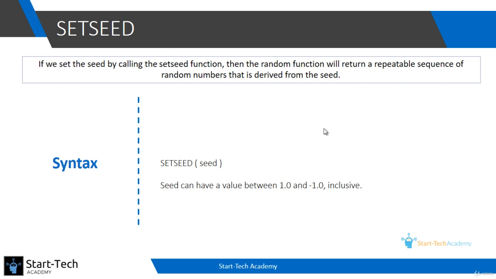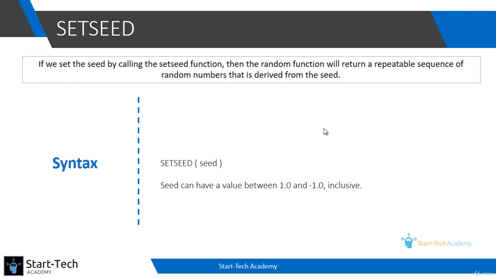For example, if you have a set of random values and you want to get the same set of random values again, you will set a seed before getting the random values. If I'm teaching and I'm showing you an example and my example has some random values, and if I want you to have the same random values, I will set the seed and let you know the value of that seed so that you can set the same seed. We both will get the same random values. This is what we will do in the example also. We will set seed and both of us will get the same values.